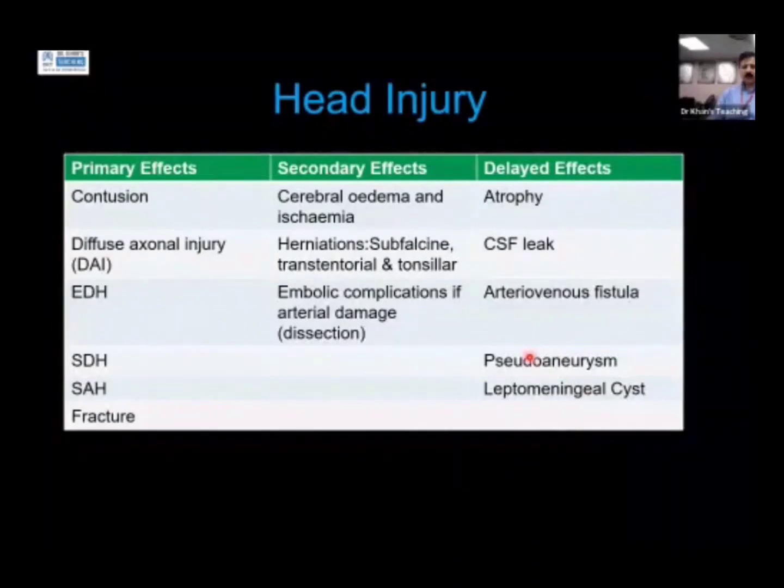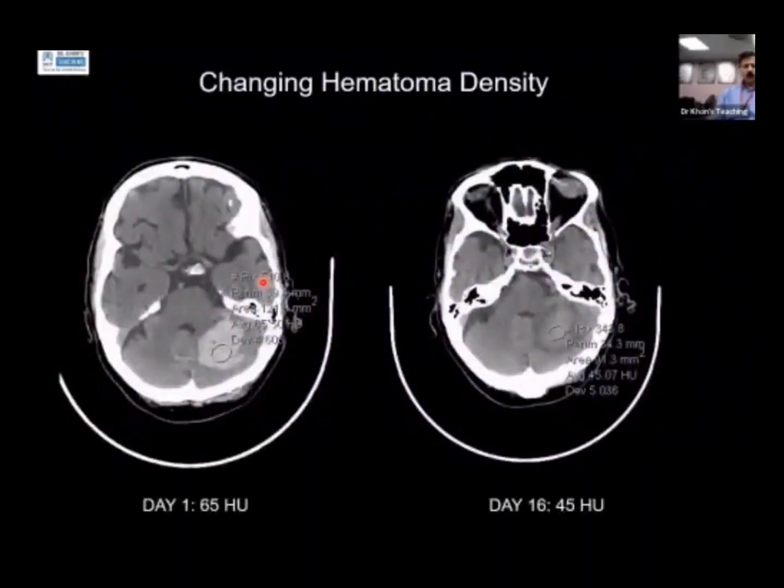In today's session, we are going to concentrate on all of these and a bit of the concept of cerebral edema and herniation. So this is where we are going to concentrate. So please remember that